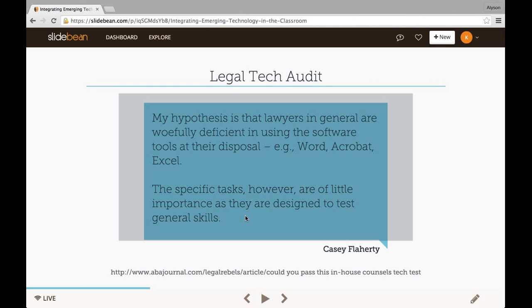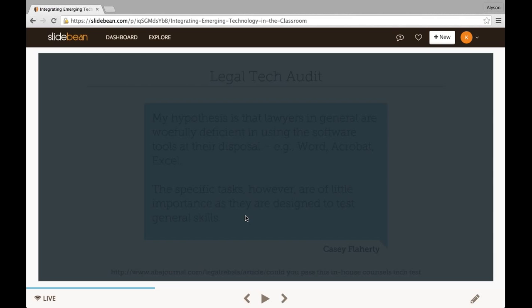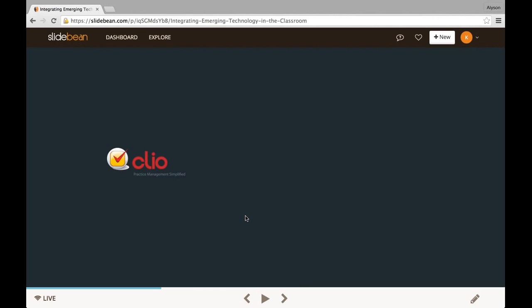Another note on the test, it's primarily comprised of performing basic tasks with common software programs. However, Flaherty also emphasizes that the tasks are less important than the skills behind the task performance. He could just as easily test associates on any of the routine tasks that lawyers use computers to undertake. So if students aren't mastering basic technology applications, it will be harder for them to adjust to the changing landscape